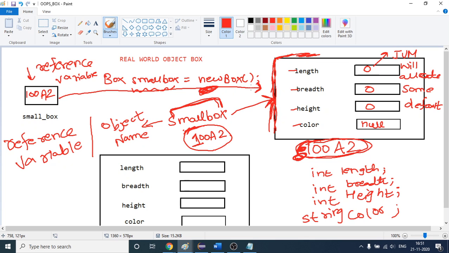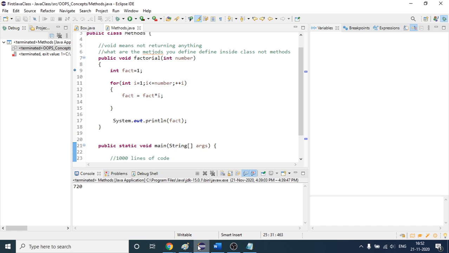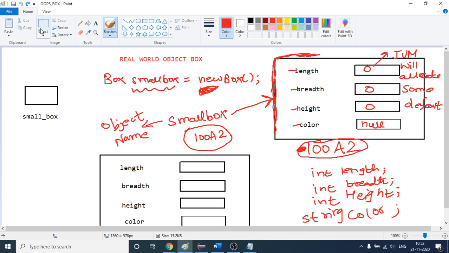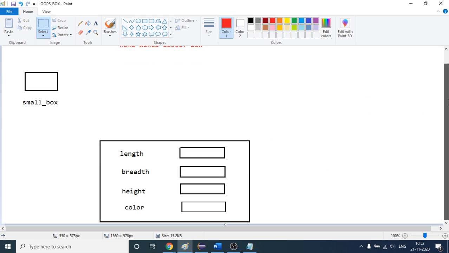Sir, can you please repeat it? Okay, so let me again repeat. So let me remove this all. So if I first come here, let me do one thing. I will use this second one. What I'm saying, once you will write like this,